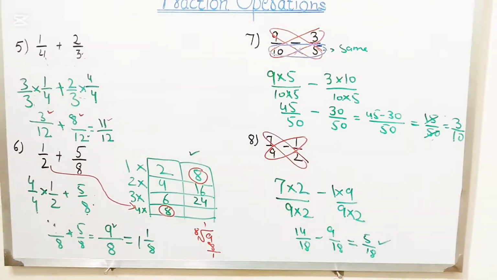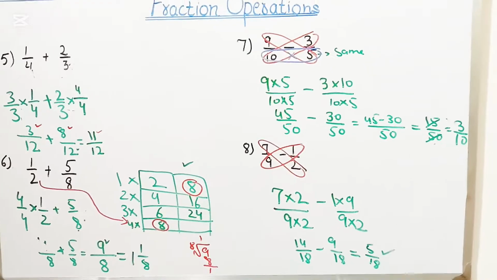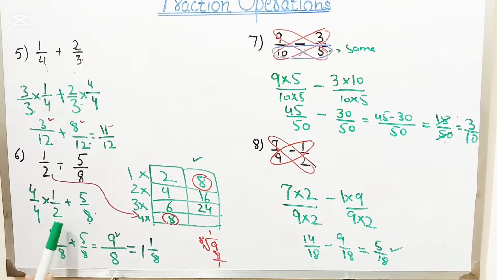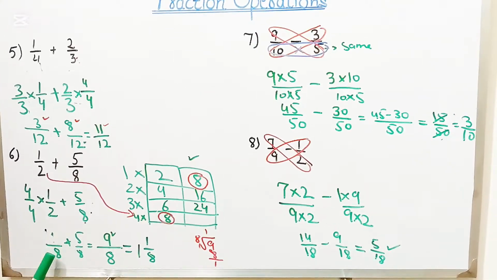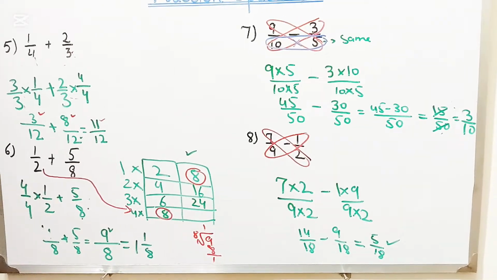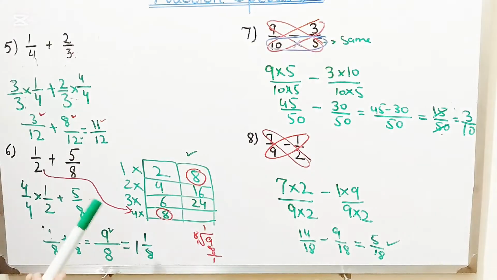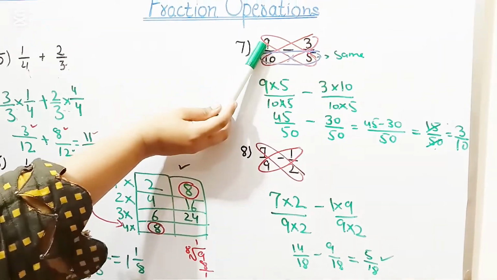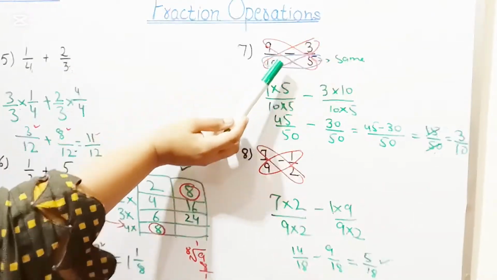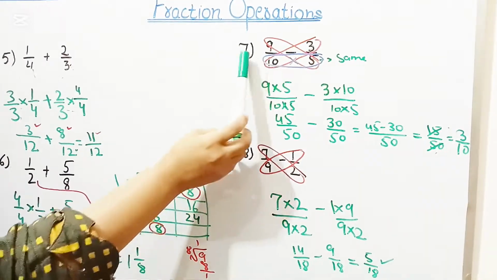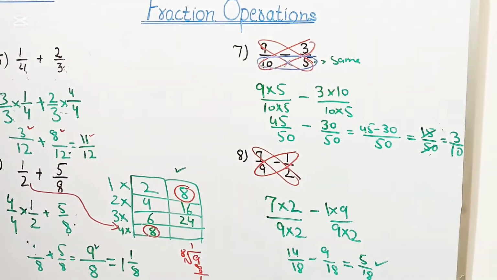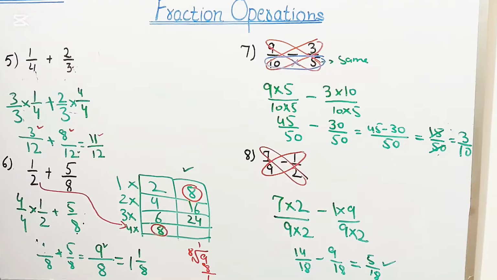Now you can see that we chose two methods. Firstly, we see the multiples to make their denominators the same. Then, with the same denominator, we add or subtract them. Next, I use only the butterfly method. We multiply the numerator with the denominator of the other number, and the denominator with the denominator of the other number, and then multiply both denominators. You can use both methods to solve these questions, whichever you can easily use.